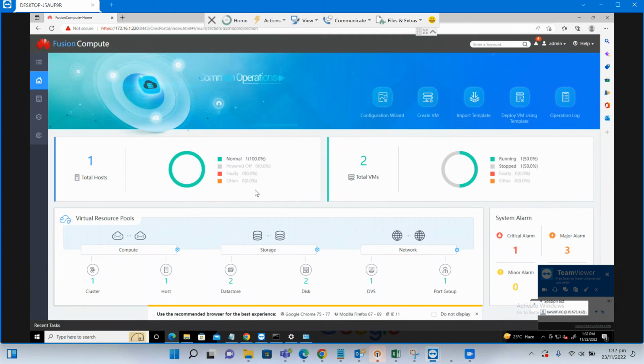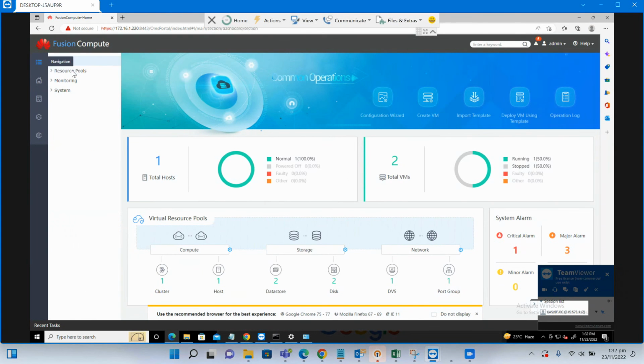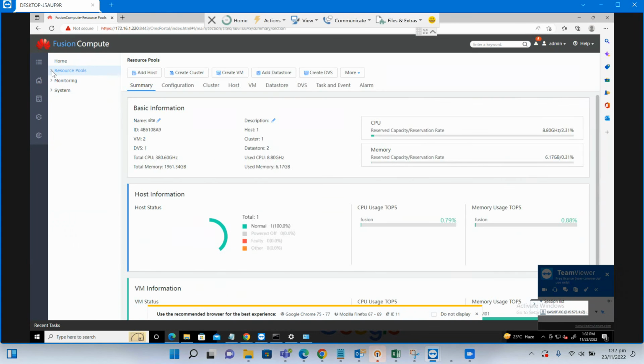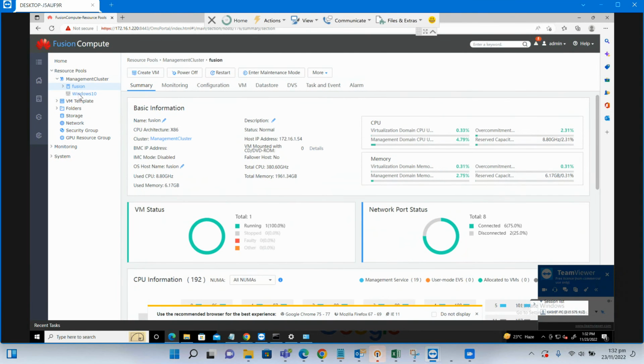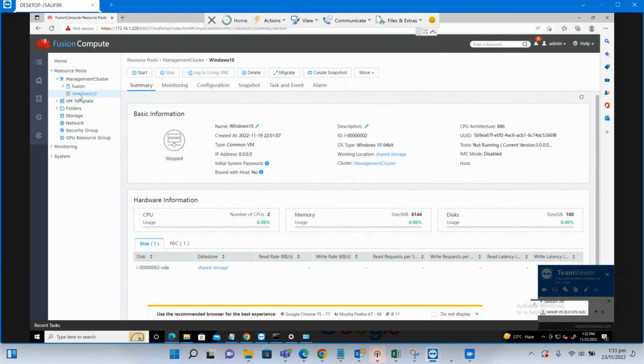So this is the main interface of FusionCompute. If you go to this resource pool, here's a management cluster. I have only one CNA, whose name is Fusion, and I have one Windows 10 VM available. So let's create a VM template from this